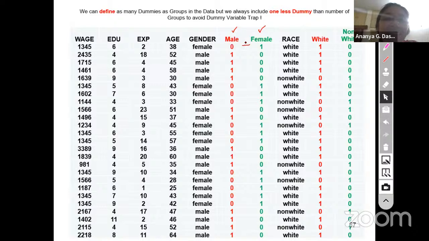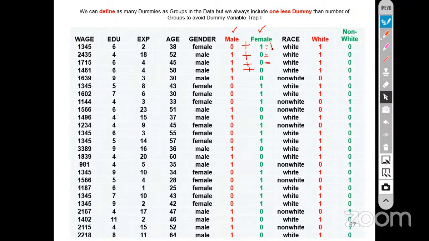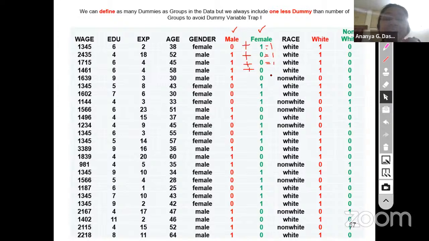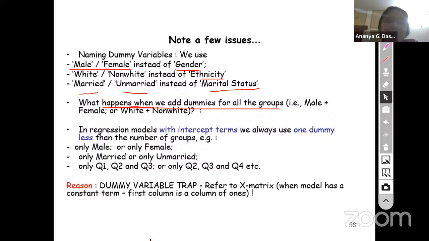Now what happens if I add these two dummies? Yes, tell me. What will I get? Come on. One for all the values. Yes, I'll get a column of ones, basically. So you see, this is problematic, because if you get a column of ones,